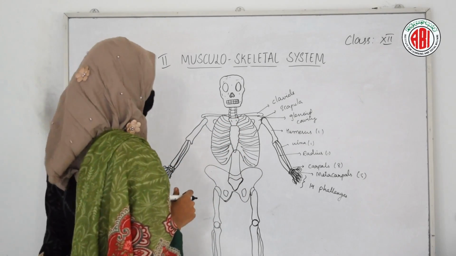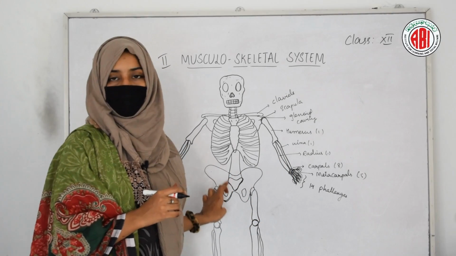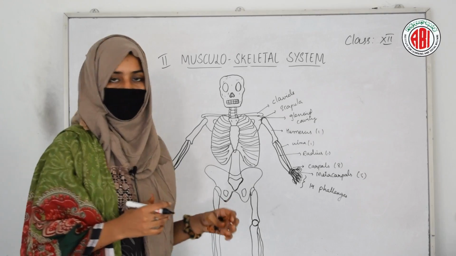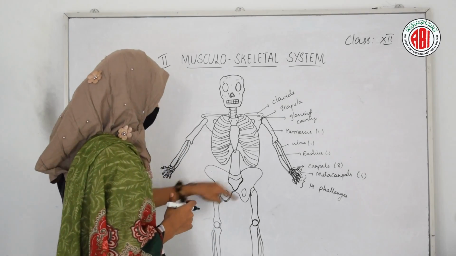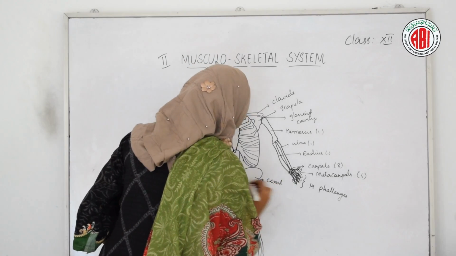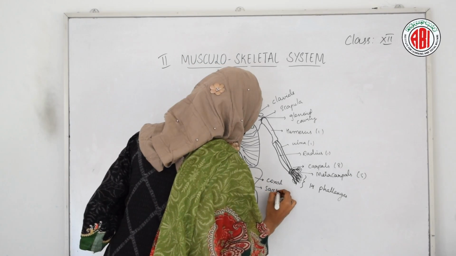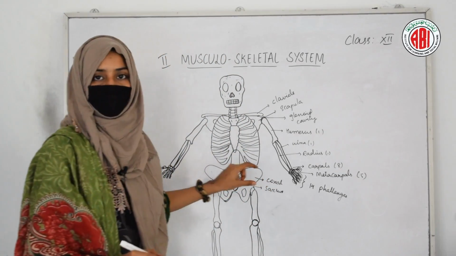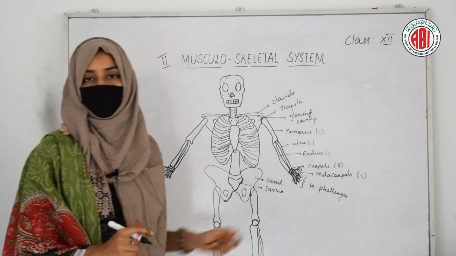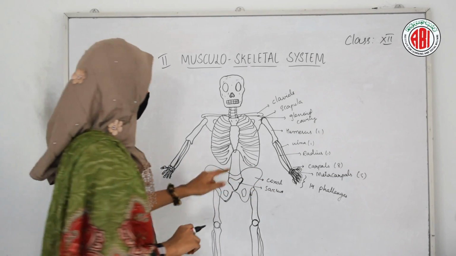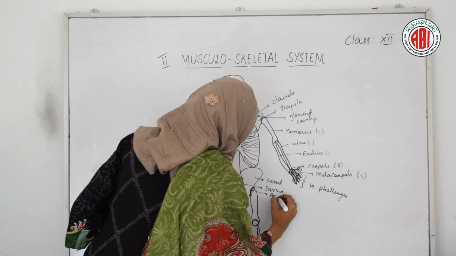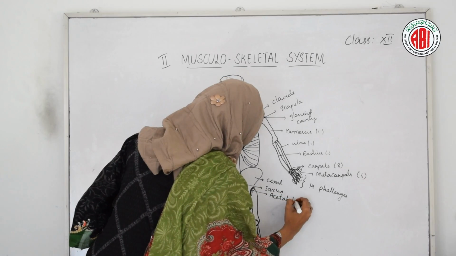Let us move to the other girdle, our pelvic girdle, which provides the space for joining the bones of our leg. Now, this pelvic girdle also shows 2 main parts. One is coxal bones and the other one is sacrum. In the coxal bone of our pelvic girdle, one depression is found, and we call this depression the acetabulum.